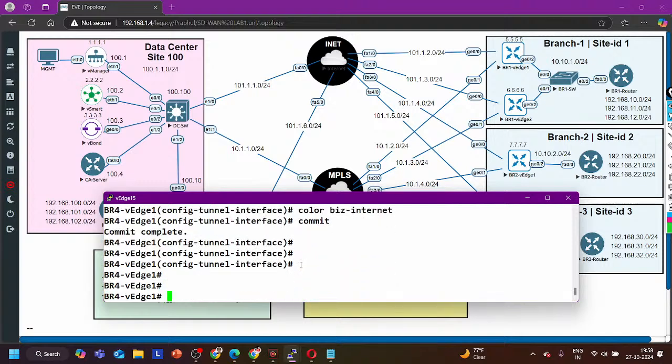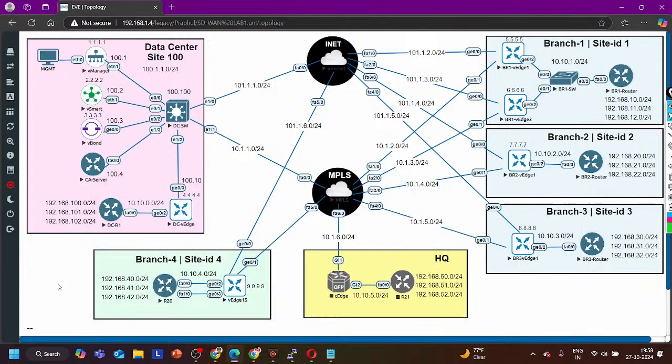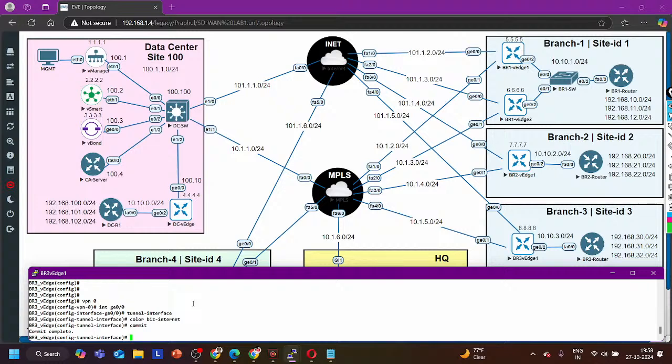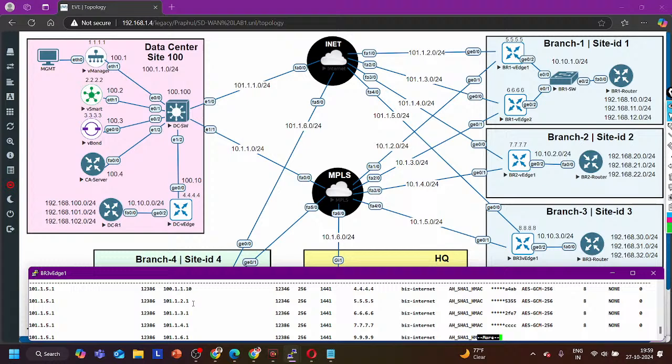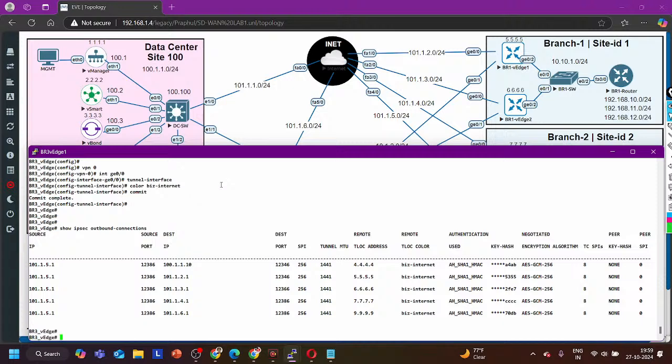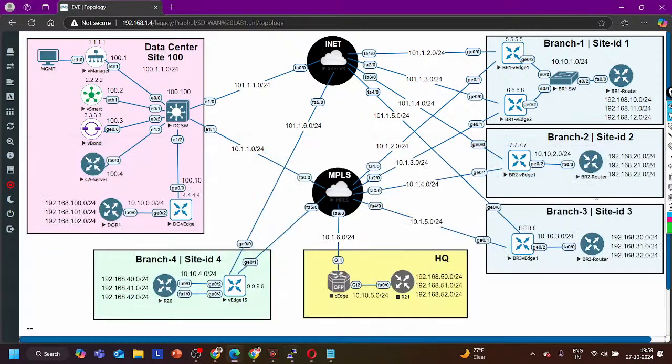Done. Now if you verify the IPsec, see here on branch 3 vEdge, I am going to show you the output of the IPsec connection. So see, this time how many IPsec connections do I have here? With 4.4.4, 5.5.5, 6.6.6, 7.7.7 and 9.9.9. So we have now